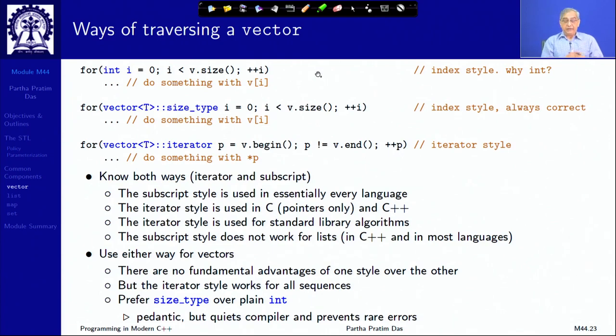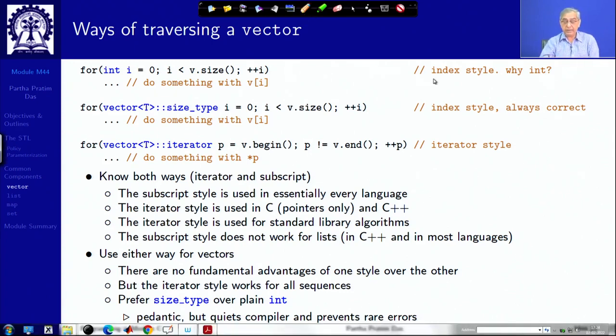Now, see if I have a vector, what are the different ways I can traverse it? Obviously, there could be multiple that we have already seen. One is I can just use the index, very simple. I can use the index using a variable which is of type int. It is okay, but not very advisable, because the implementer may have implemented the index using some other type, say unsigned int. So, what vector does, in fact almost all containers do that, is they have a type variable called size type, which gives you the type of the size variables for that container, right. So, it is better if you are using index, it is better to use size type,